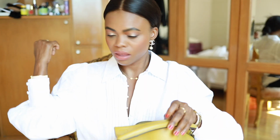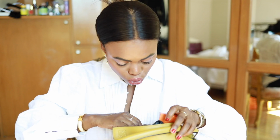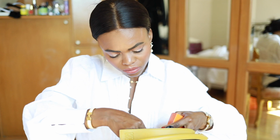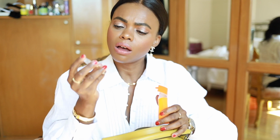Another thing that I actually replenish on is my creme. It's shaped like an egg. You guys have seen it like a million times, but I think I put it in my other bag that is not too close to me over here. Oh no, don't do that. This is that other one. This one is called